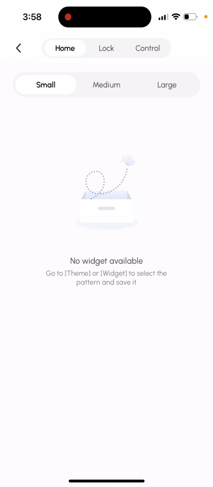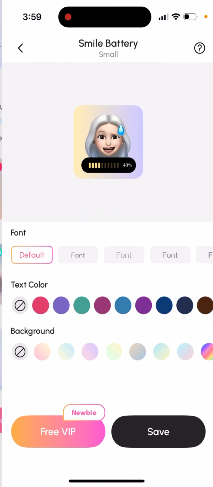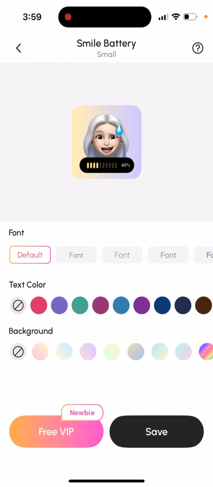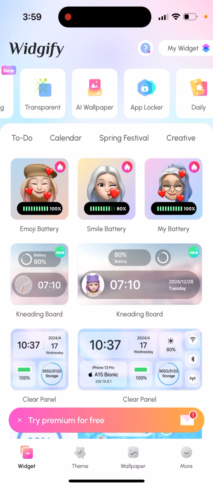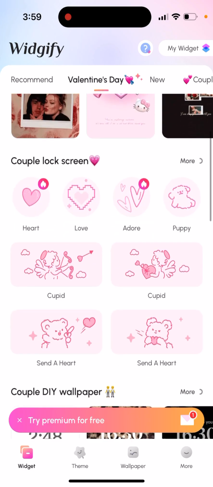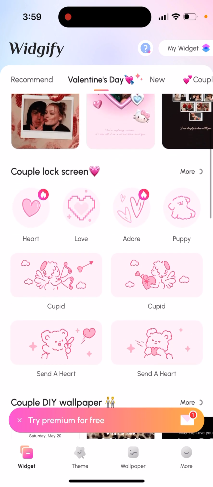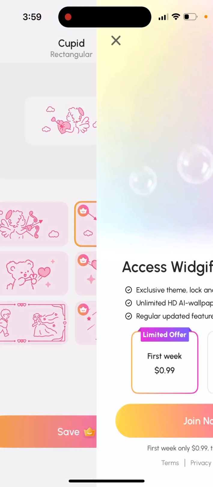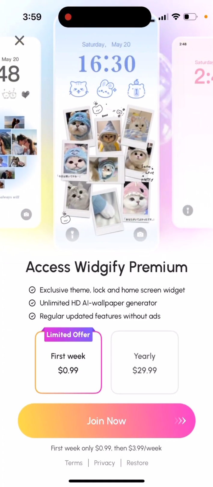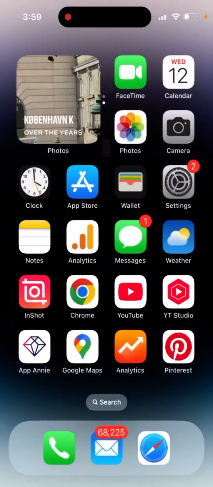And how it works, you basically add in some widget, you just tap on it, and then you just save it, or just add it to your widget. So here's wallpaper, or you just add it in by tapping on it and then saving it. But some of the widgets here are premium, but you just tap the save button, and then to install it,